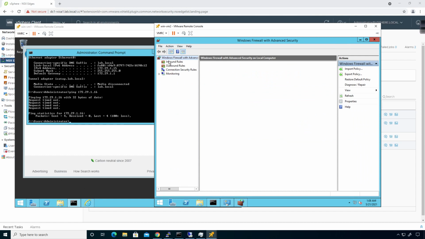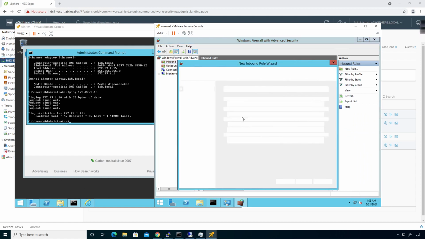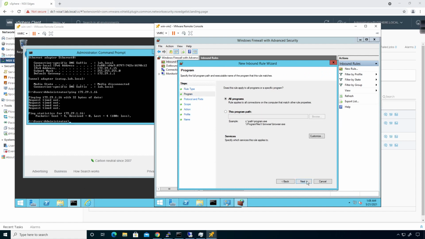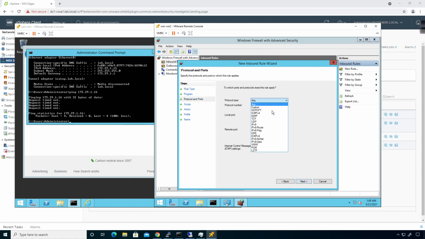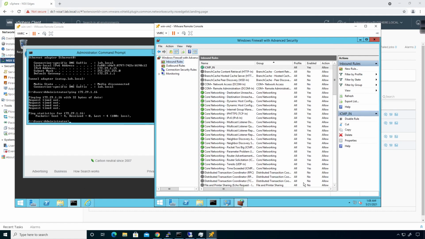There it goes. Click on the inbound rules. I'm going to create a new rule, a custom rule. Click on next. All programs, we're going to choose ICMP v4 for IPv4 ping, and then just go through and I'm going to say ICMP_in. Click on finish, and